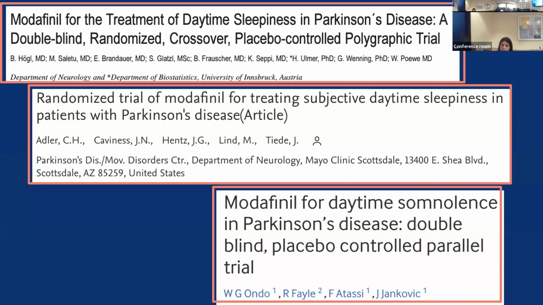Some trials on medications: modafinil has been studied a few times. There were multiple RCTs that evaluated the use of modafinil. A crossover study showed significant reduction in Epworth Sleepiness Scale with modafinil up to 200 milligrams daily compared to placebo. The second one showed that modafinil 200 improved ESS compared to placebo as well. And then a larger follow-up study with 40 patients didn't find that modafinil up to 400 milligrams reduced Epworth Sleepiness Scale significantly, but they had a mean reduction of only 2.7 after 4 weeks of treatment.